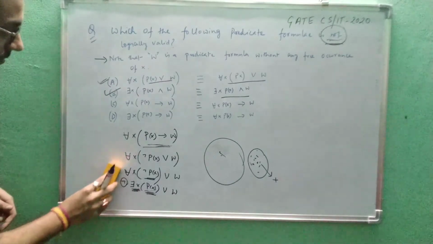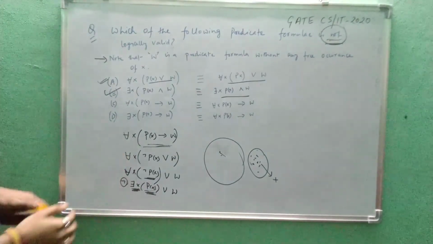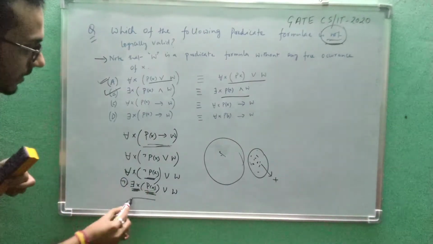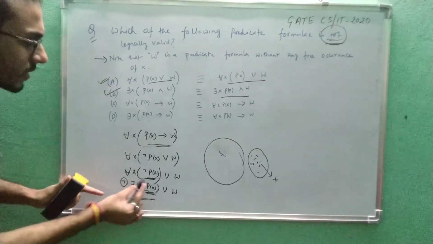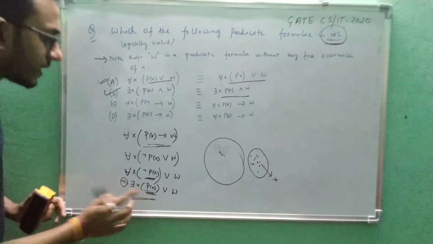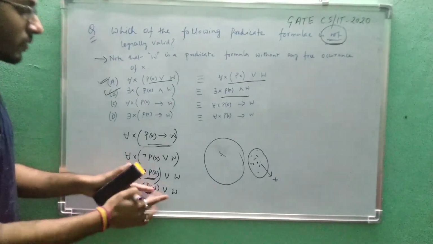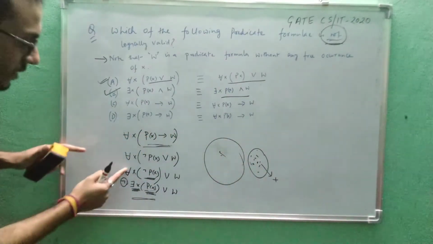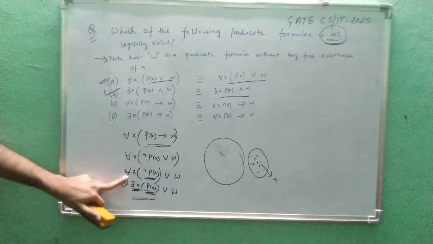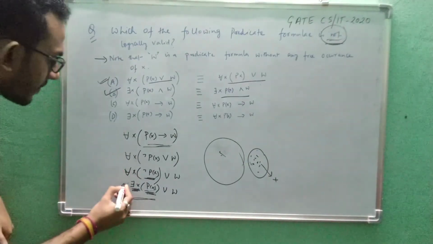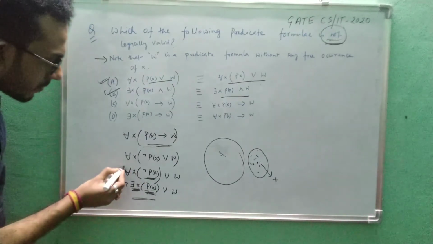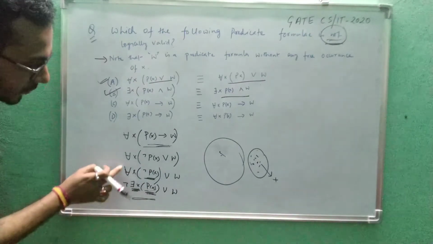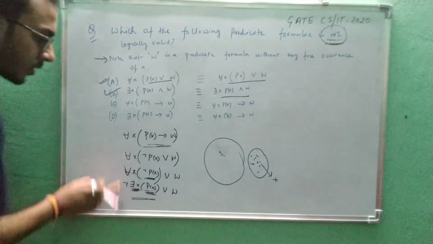So this tells that there is at least one X which belongs to P of X. Not of this tells that there exists no such X which belongs to P of X. Not even one belongs to this one. So these two are equivalent, and we can write it this way. Simply remember that whenever you have this kind of statement and you bring the not outside, you convert for all to there exists. The logic behind this I have explained.